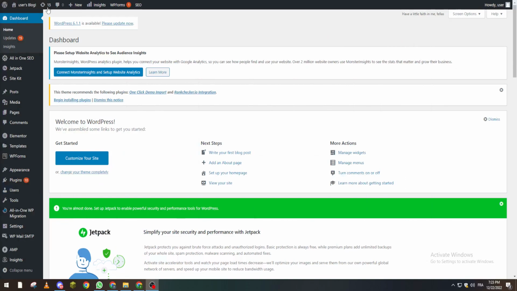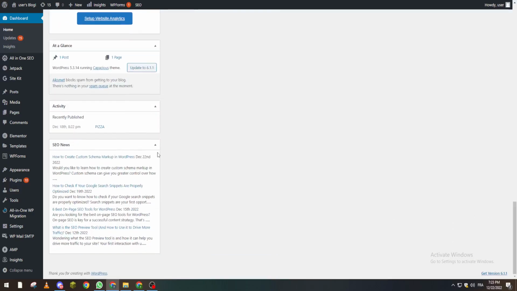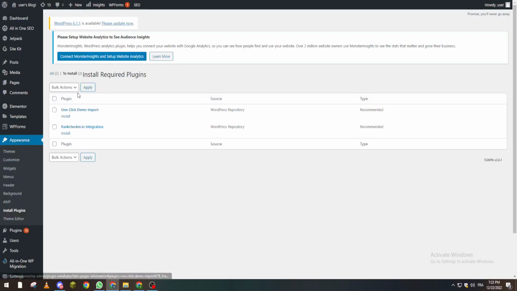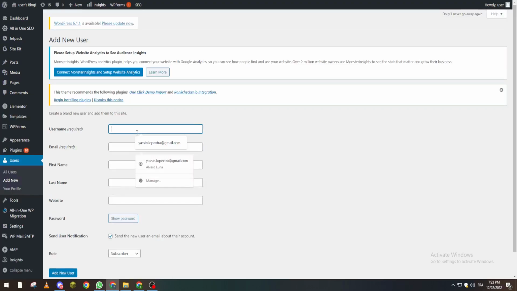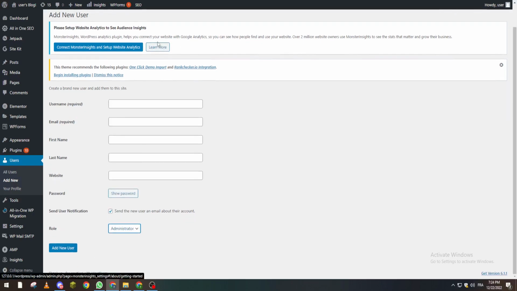Okay, so now guys, there is the other thing, because sometimes you will not be able to join this page, and for example you were with your friend and he didn't really give you the access. How can he give you the access? Basically he can go to users. From here he can give you a new user, add a new user. From here he has to add your email, here the username, here the URL of the website, and from here he adds the administrator. And after adding you will be able also to join this page while using your email,